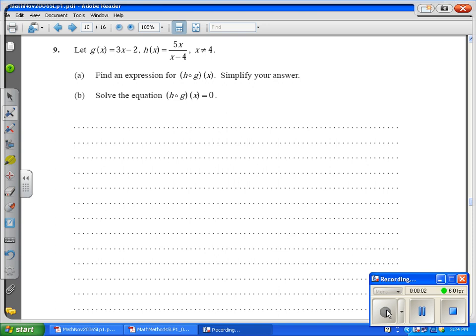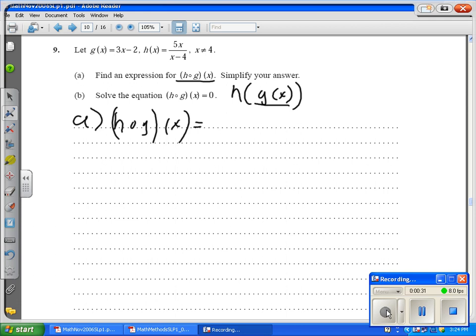Okay, we're now moving on to question 9, which is about functions. First, they want us to find h of g of x. It could also be written as h(g(x)). And that is literally what we'll be doing. We are going to substitute g of x for every x in h of x, which means h of g of x